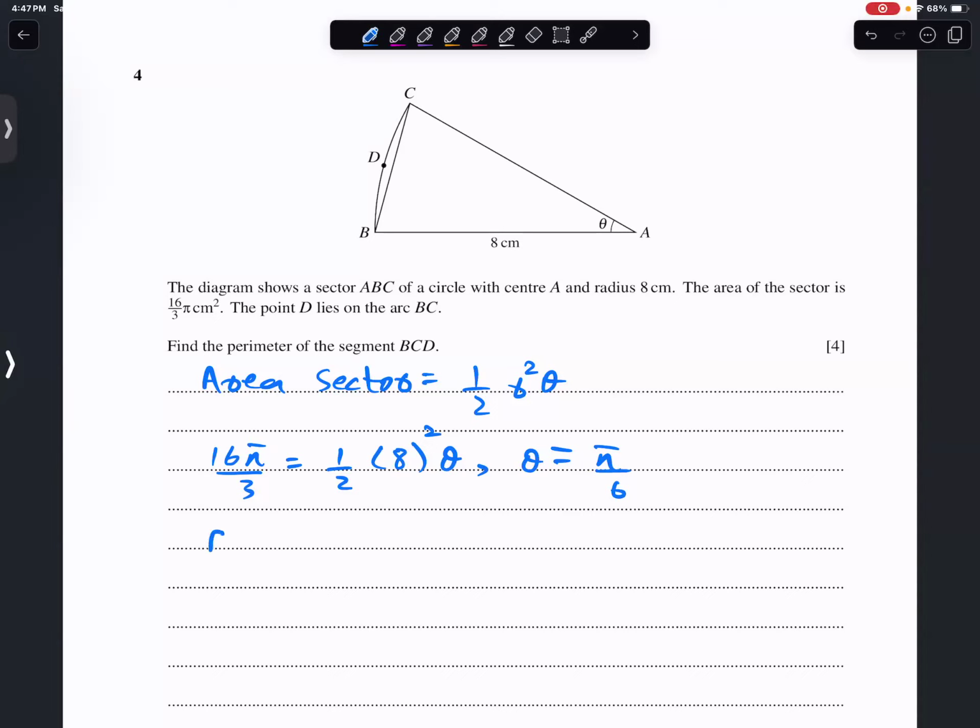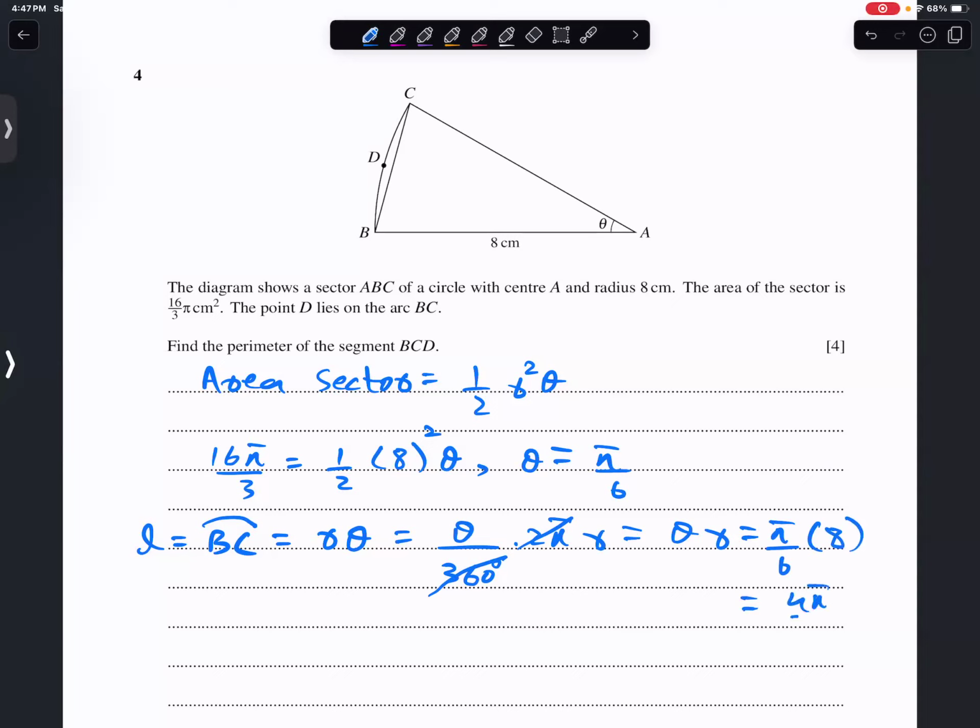अच्छा थीटा आ गया पाई/6। लेट्स सी, लेट्स फाइंड आर्क BC. तो आर्क फाइंड करना नॉर्मली हम यूं कर देते हैं, इसको हम एल से भी डिनोट करते हैं। आर्क का फार्मूला क्या होता है? L = rθ, रिमेंबर? अच्छा बच्चों ये वही वाला फार्मूला है, θ/360 इंटू 2πr। आप लोग ये लगाते हो ना, तो एक ही बात है, ये कट जाता है, θ इंटू r ही बनता है। और आपका θ कितना है? पाई/6। एंड व्हाट इज योर r? योर r इज 8। तो आंसर विल बी 4π/3।